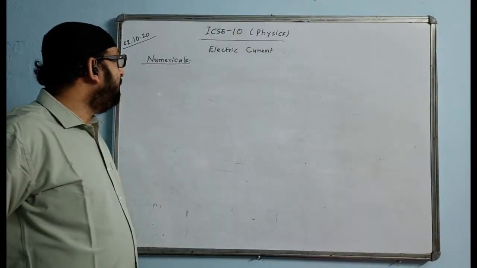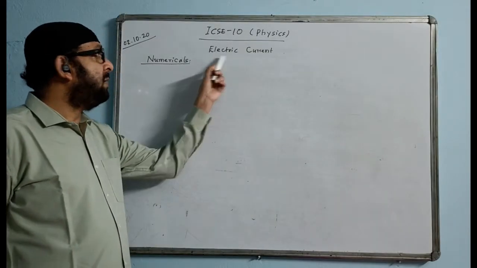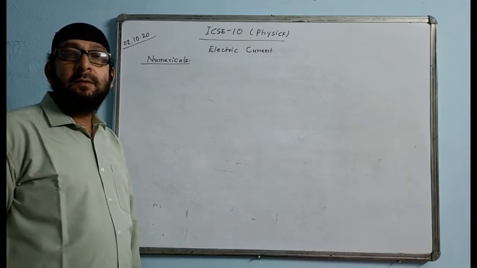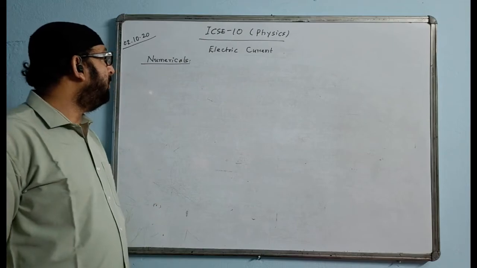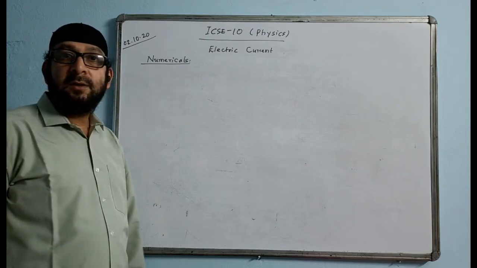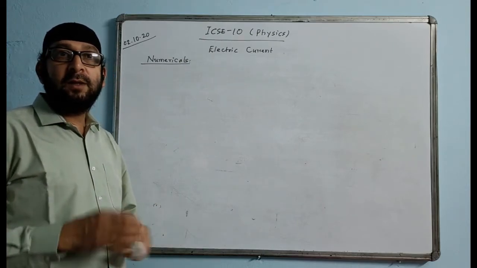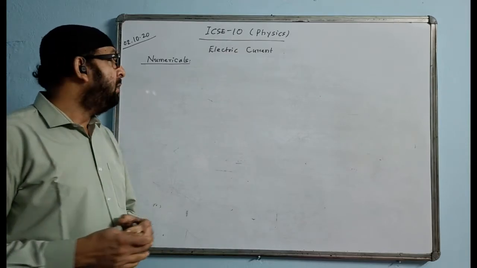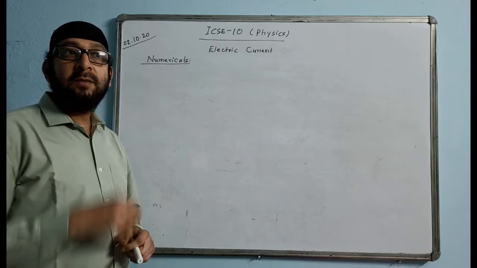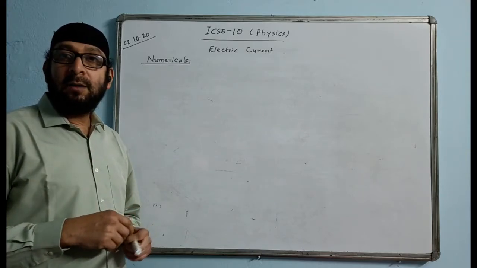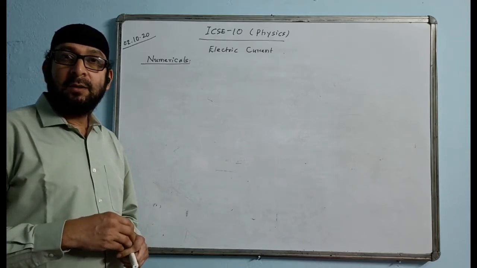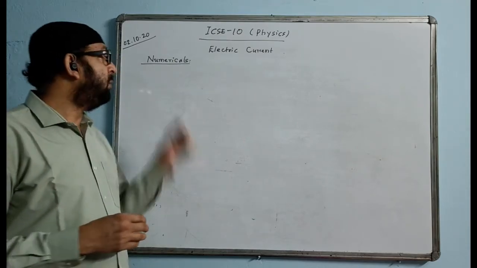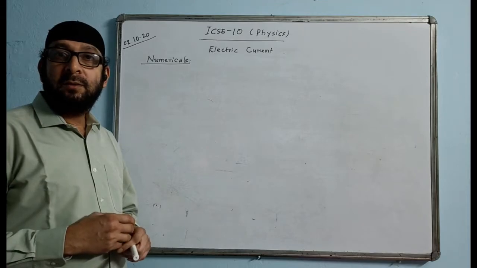Okay, today we are doing numerical problems in the chapter electric current or current electricity. Mainly, we have to do the problems on resistance. Resistance in series, the formula is R is equal to R1 plus R2 plus R3, simple addition. And resistance in parallel formula is 1 by R equal to 1 by R1 plus 1 by R2 plus 1 by R3 and so on. So, we'll be doing the problems on these two formulas first.